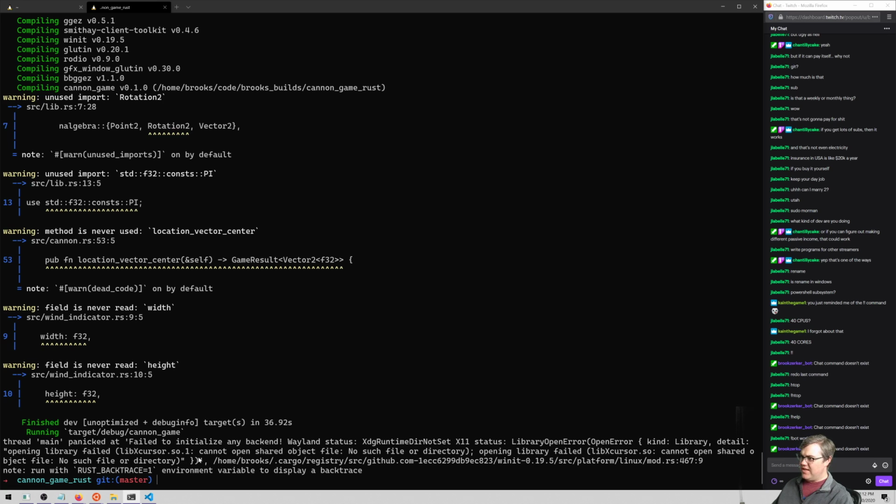Oh, I wonder if it's trying to set up an actual graphical sort of window, and that's not working. So I bet with GGEZ I would have to use the actual Windows Rust as opposed to the Windows Subsystem for Linux Rust. That's interesting. I hadn't thought about that.